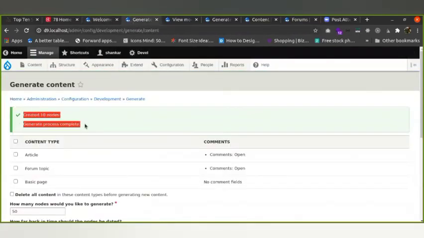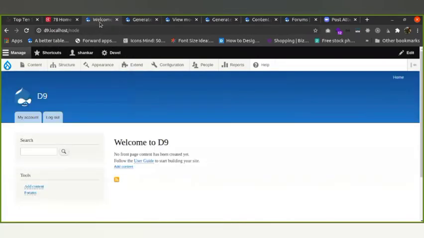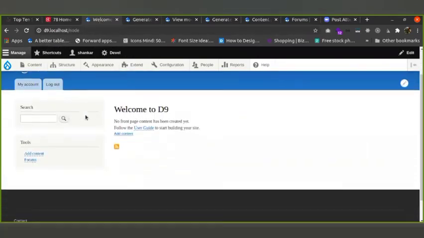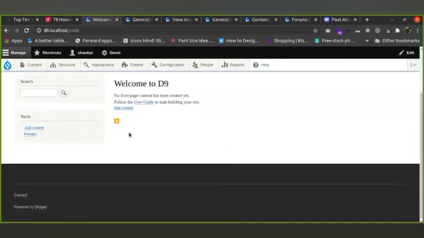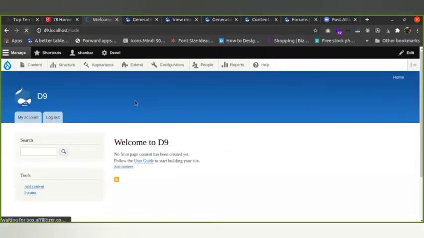Created 10 nodes, generate process completed, right? I will navigate to the front end. Currently, I don't have any nodes over here. When I refresh the page, you can see the magic from the Drupal, sorry, from the Devel module.